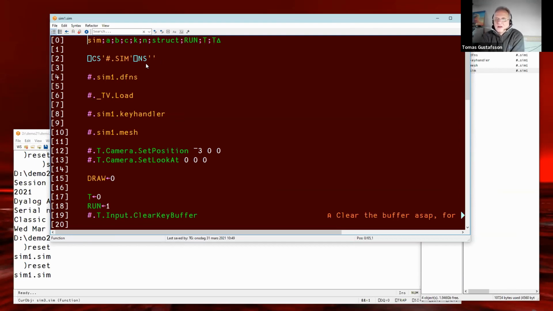Once the simulator is shut down, it's going to clear out everything and delete hash.sim. And I will be back to the same clear environment I am in right now before starting it. So I can run it, terminate it and save it, and it's always ready to go into production, basically. I don't know how other APL coders do it, but I think that's a very good system.